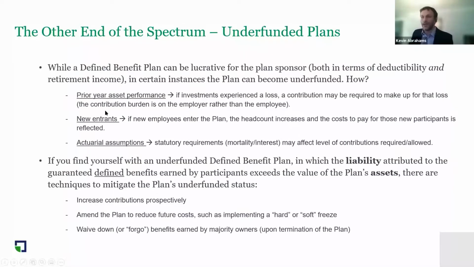And just real quick, the other side of this is an underfunded plan. Obviously we look at these with dollar signs in our eyes and we want everything to grow, but that's not always the case. There have been years where the liabilities continue to grow because that's how the defined benefit plan works, but there's been poor asset return and there have been losses, or these other examples that I already gave about some factors of why costs would increase. So if you find yourself in the underfunded situation, in which basically the liabilities that have accrued in the plan are more than the assets, I'm sorry, because that would be underfunded,